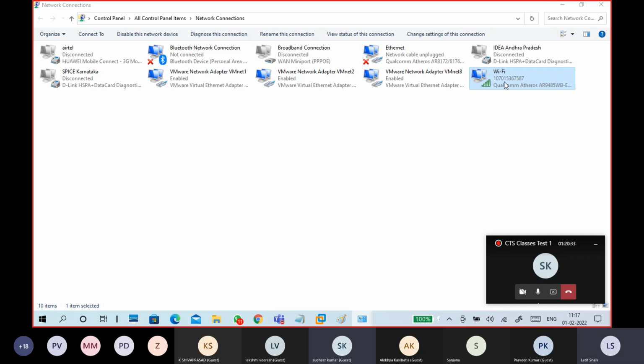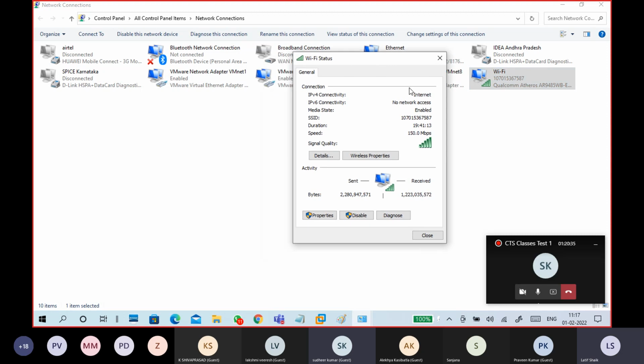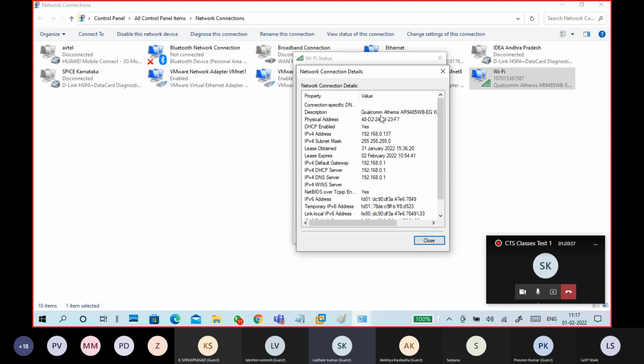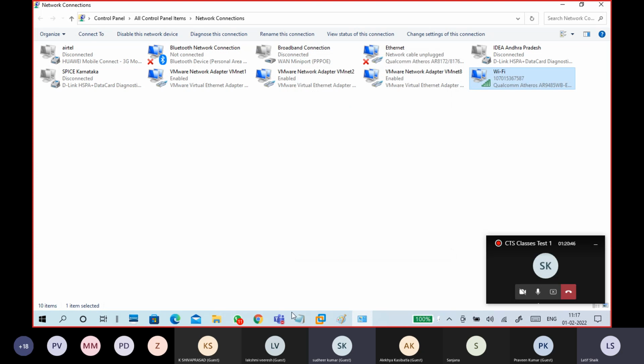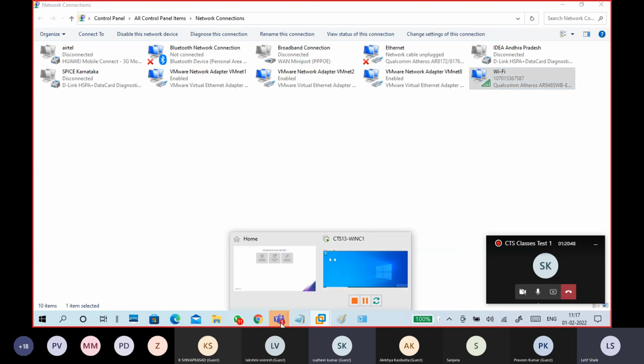Okay, open your Wi-Fi adapter, the one you are connected to the network with. So check your network name. Okay, check your network name. Then go to